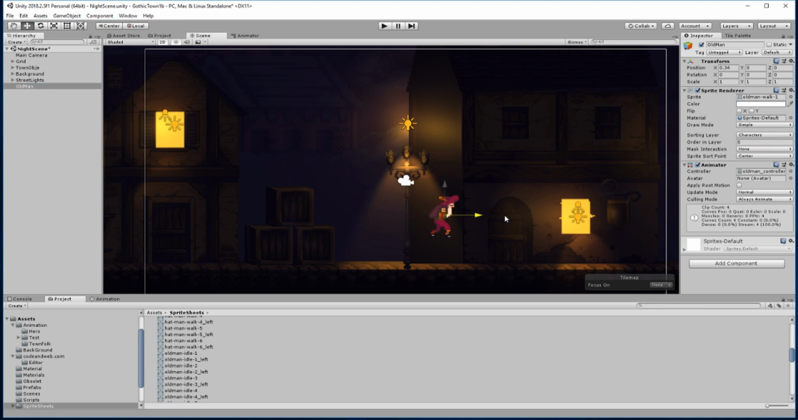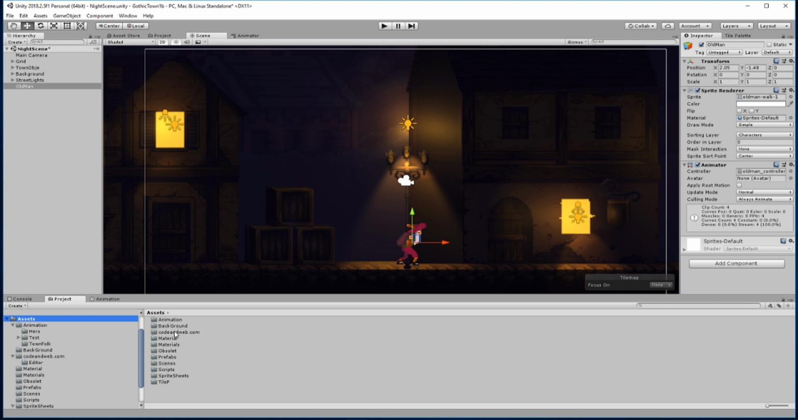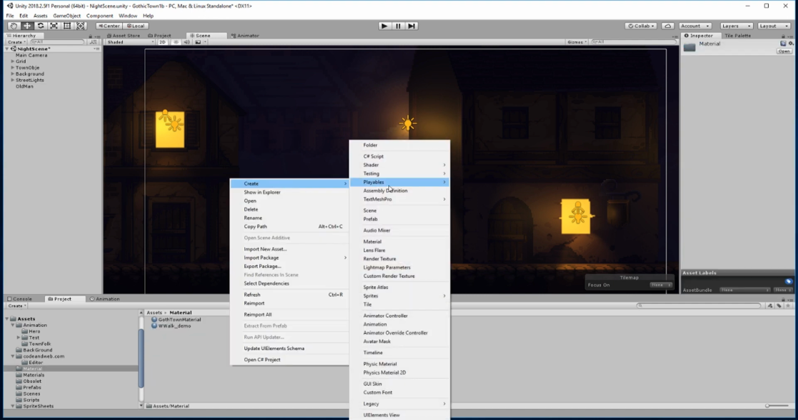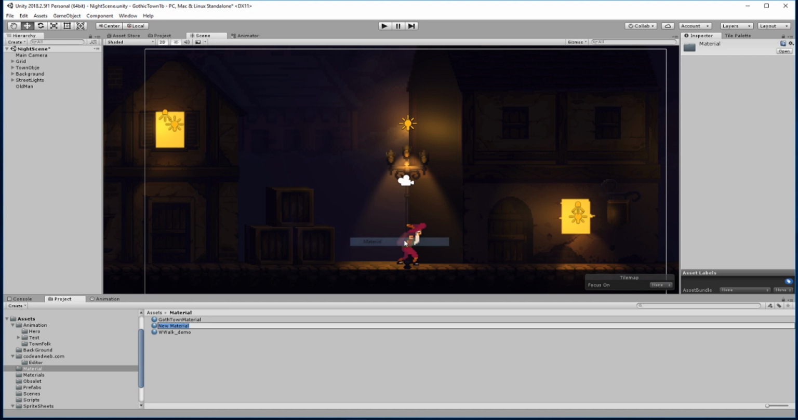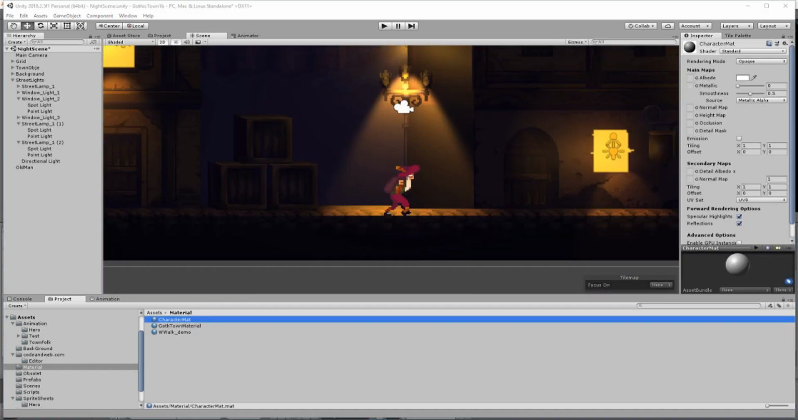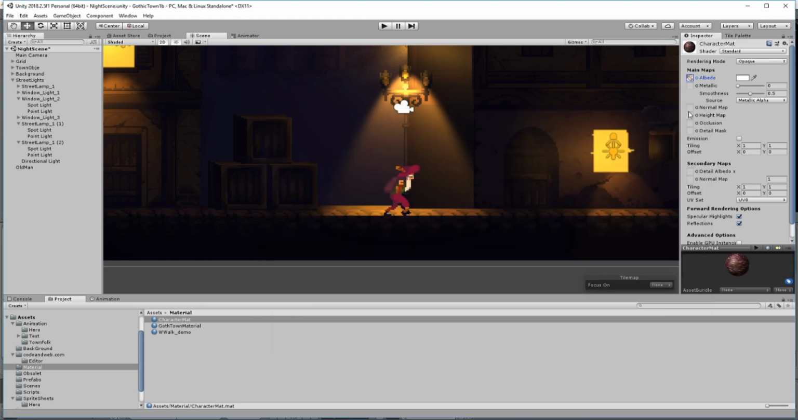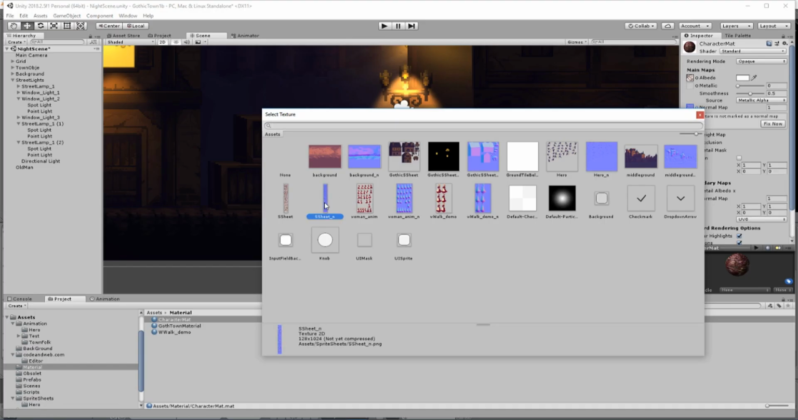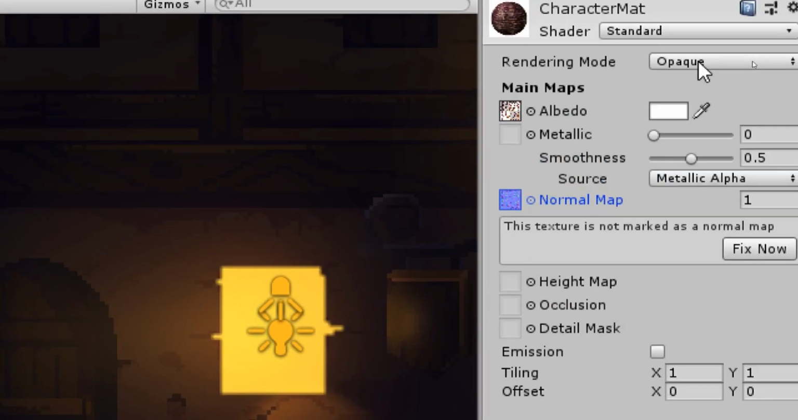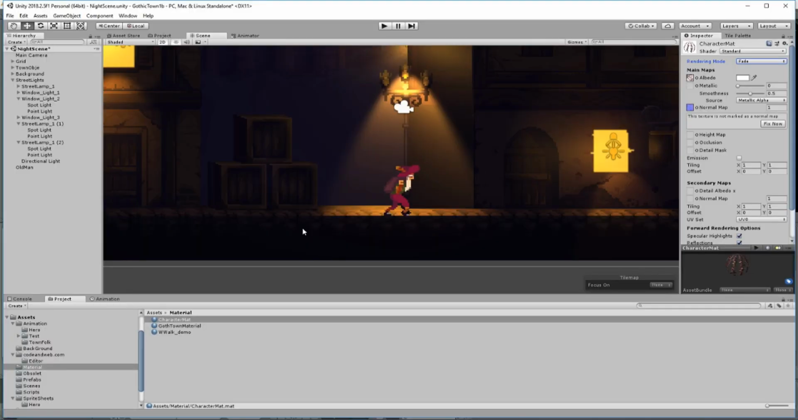But still our character is not affected by the scene light. Let's change this. For this we need to create a new material in our project folder. I name my character Matt and assign the character SpriteSheet to its albedo slot and the corresponding normal map to the normal map slot. And also important, I set the material's blend mode to fade. If we drag our material onto the character, you will see that the old man now is affected by the